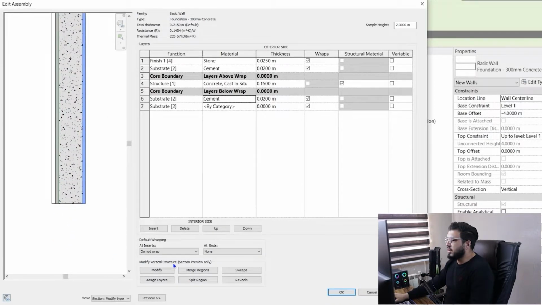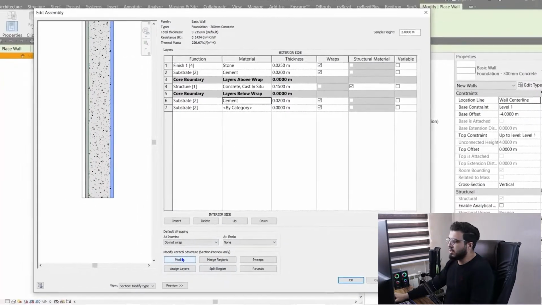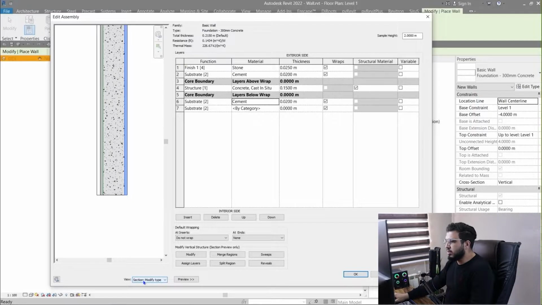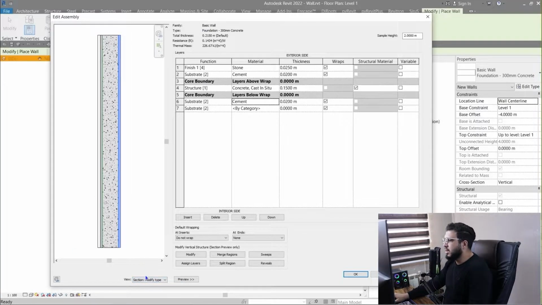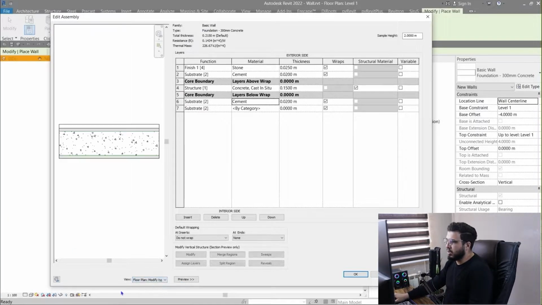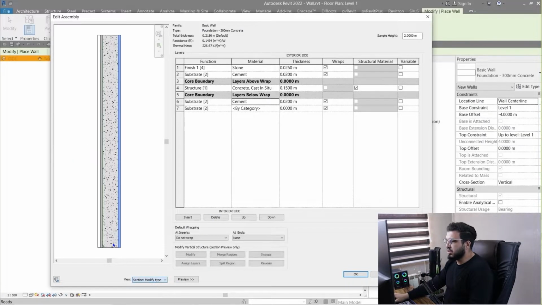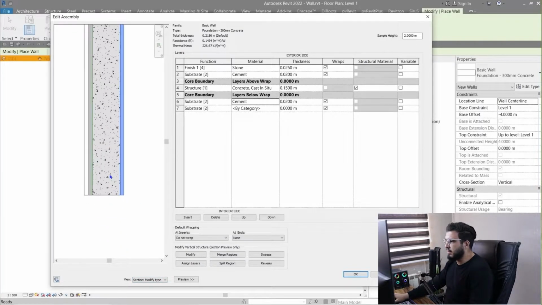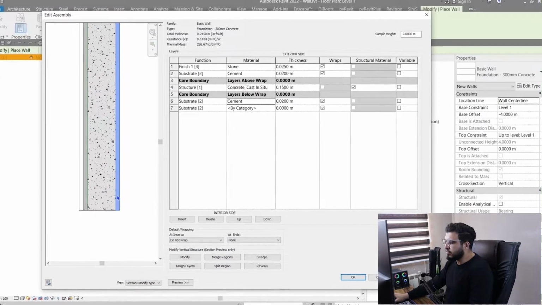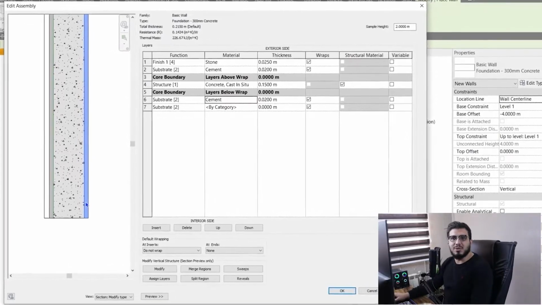So to do that, click in here. You have to have these options. If you don't have them or they are grayed out, make sure to put the view on section mode. If it is on floor plan, you can't see it. You can use some of these tools, but when it is on section, you can use all of the tools that we have here. Then make sure to say goodbye to the escape key on your keyboard,